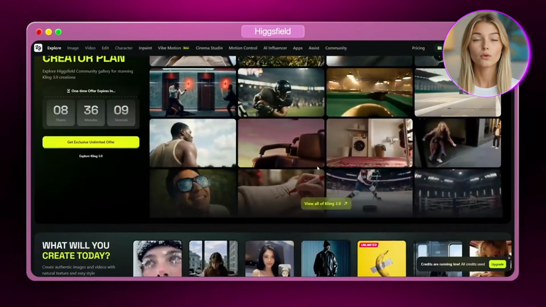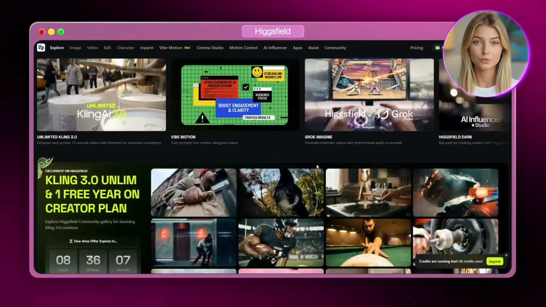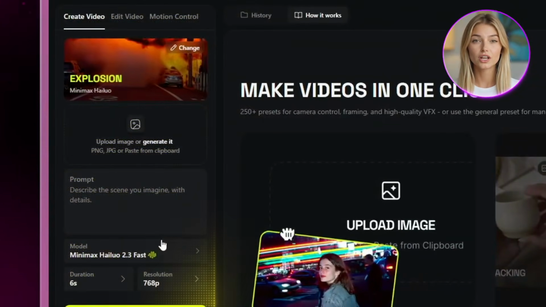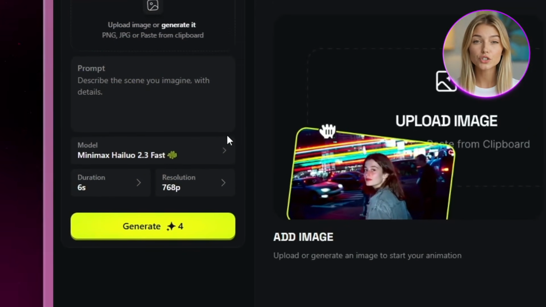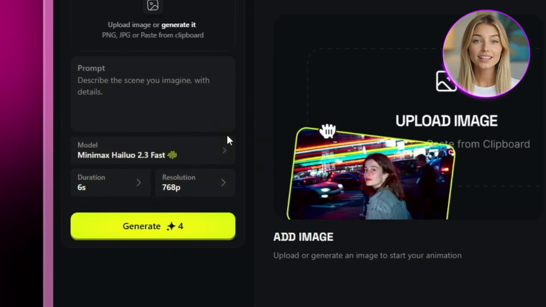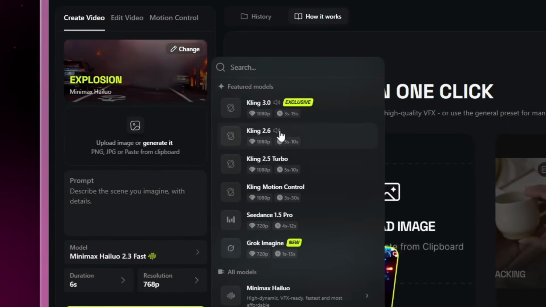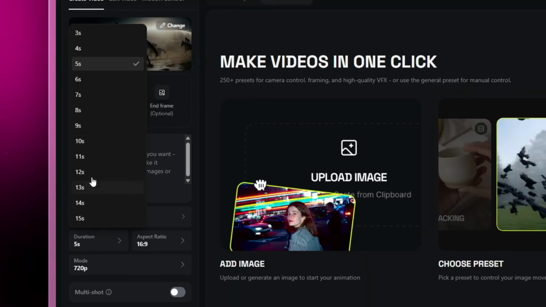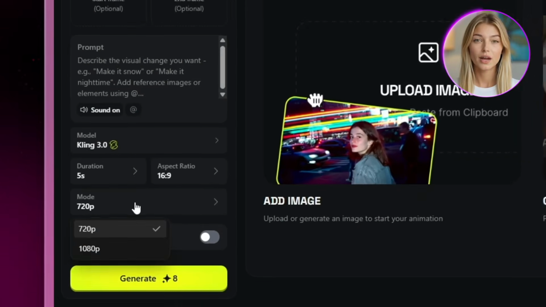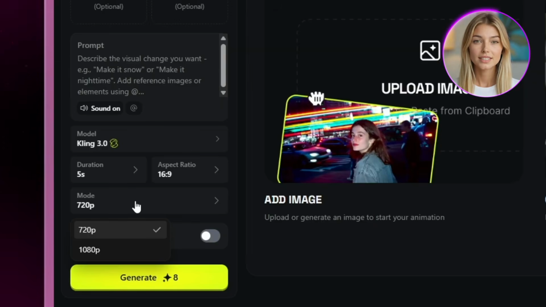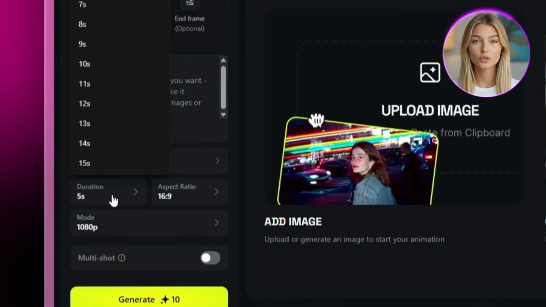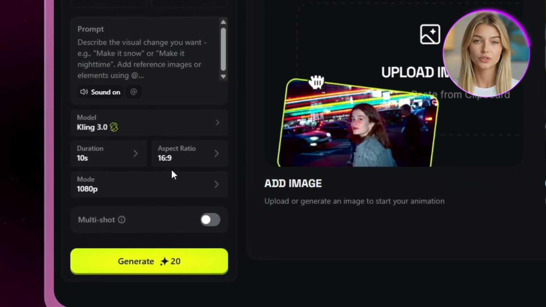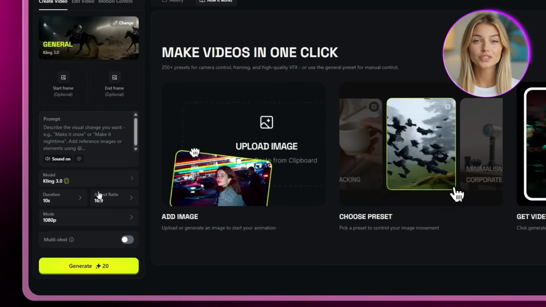Head over to Higgsfield, and once you're logged in, you'll see the main dashboard. At the top navigation, click on Video, and that's going to take you to the video generation workspace. On the left side of your screen, you'll see the model selector. Click on that drop-down menu and select Kling 3.0 right here. For the duration, you can generate up to 15 seconds in a single generation. And for quality settings, you have 720p and 1080p. Select 1080p quality and set your duration to 10 seconds. For aspect ratio, I'm going to choose 16:9 since we're creating cinematic content, but you can choose anything that matches